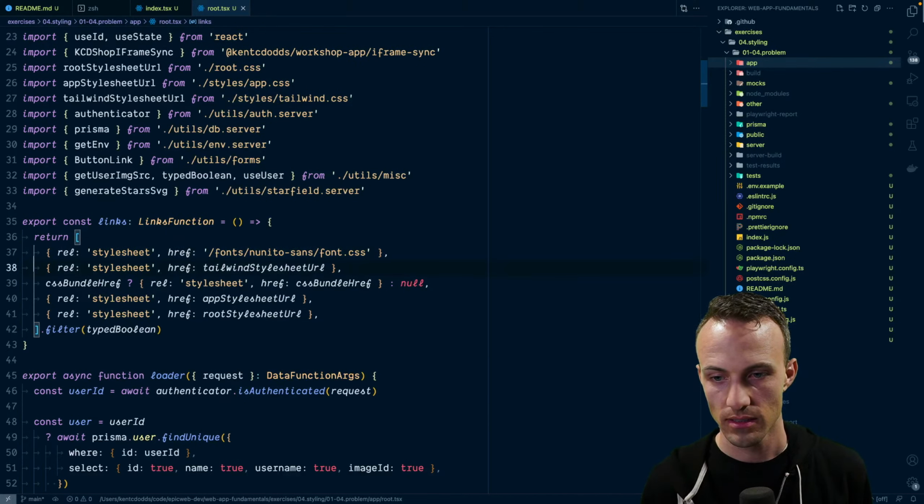Here's our font. Tailwind style sheet. Yeah, and then we'll have our app and our root. Actually, root. App should come after the root. That seems most sensible. So let's fix that.